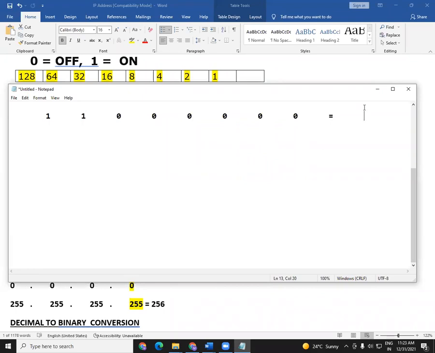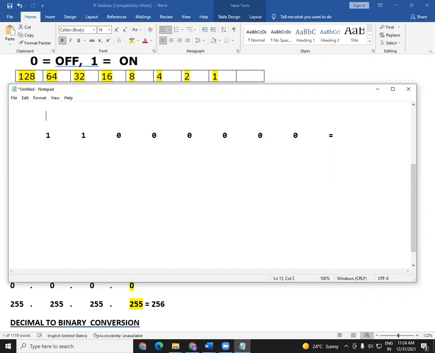It's very simple. IP version 4 is a 32-bit binary number, and these 32 bits are divided into 4 octets. 4 octets means each octet contains how many bits? Each octet contains totally 8 bits. So IP version 4 is a 32-bit binary number, and these 32 bits are divided into 4 octets, and each octet contains totally 8 bits. Isn't it clear?